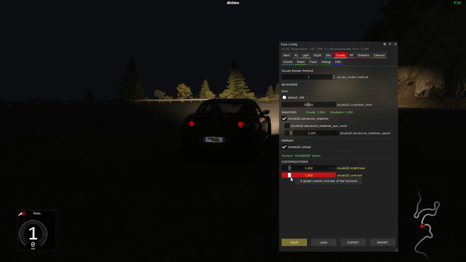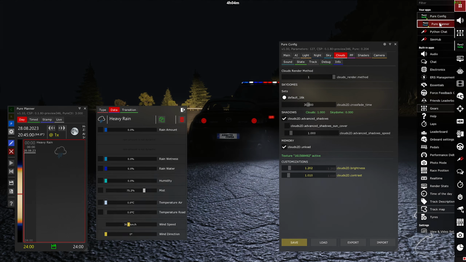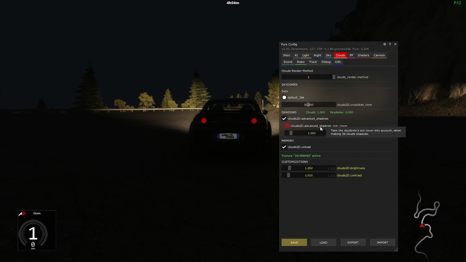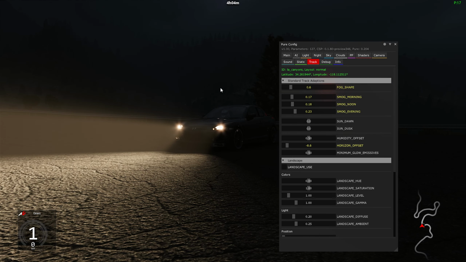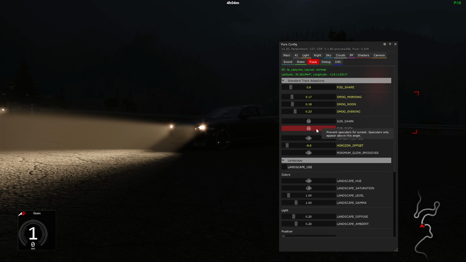You can see that we don't see anything. There is no clouds there that we can see. So let's go ahead and go back to the Pure Planner app. Let's go to data. Let's lower the mist a little bit and see if we can get some kind of clouds peeking through. Let's go back to sky, increase the sky a little bit, increase the cloud brightness a bit. We still don't see it. Go to track again, put the track horizon down a whole bunch, and we're going to see if we can start to see some clouds. There they are up near the top of the mountain